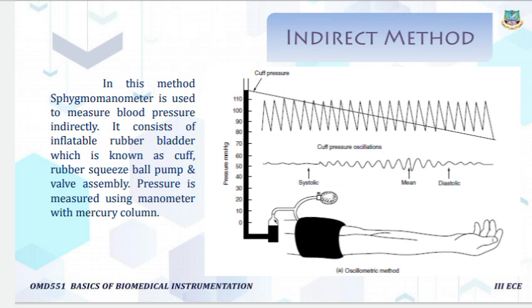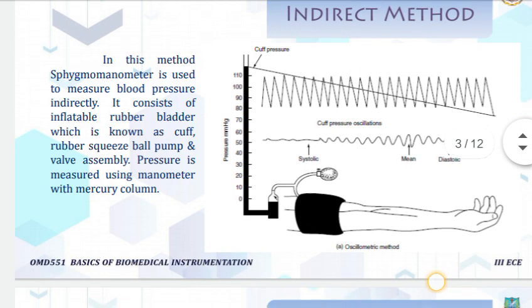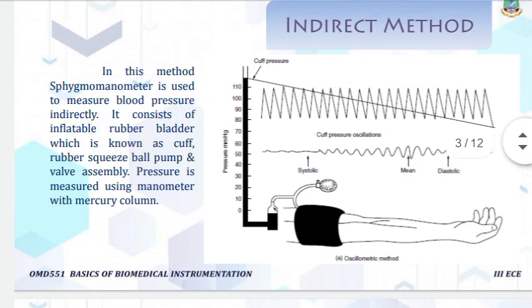So again they will reduce the pressure in the cuff, just to bring the pressure below the diastolic pressure. Okay, so when the sound vanishes, the pressure has dropped below the diastolic pressure. Then the pressure reading in the mercury column during onset of Korotkoff sound is noted as the systolic pressure. The pressure reading in the mercury column at which the Korotkoff sound disappears is known as the diastolic pressure.